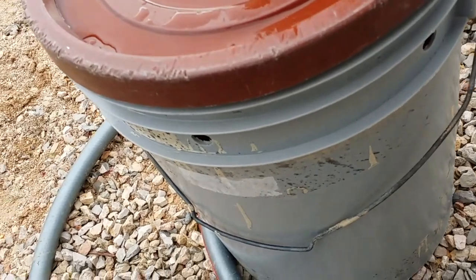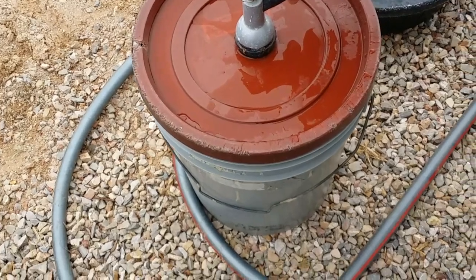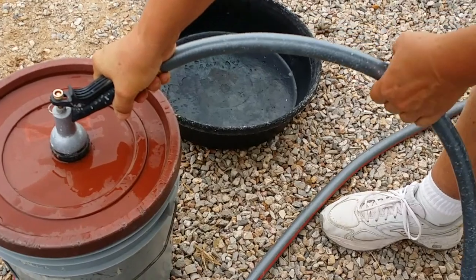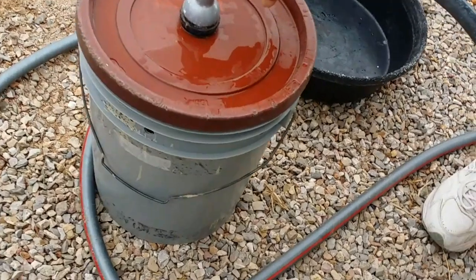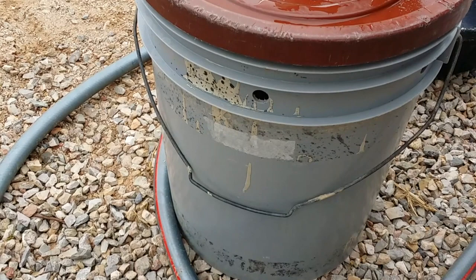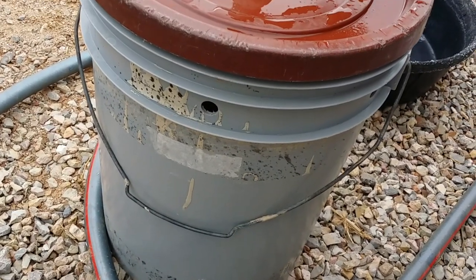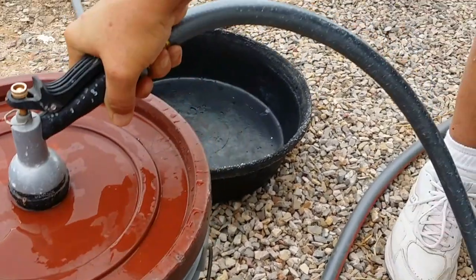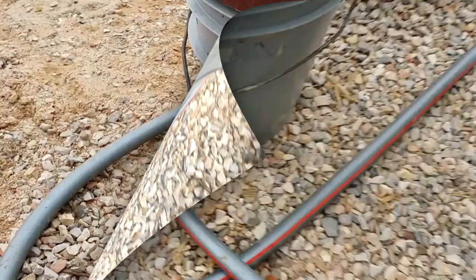Basically you fill this water bucket up, and I'll show you while she's filling that up. There's a rubber pan right there, and we'll fill that up too. We'll take that in the chicken coop, and then when you flip this over, it's a self-waterer, and it lasts about 4 or 5 days, and it's 5 gallons of water. We put fresh water in there, and when you flip it upside down and put it in that container, when the chickens drink it and it gets down to a